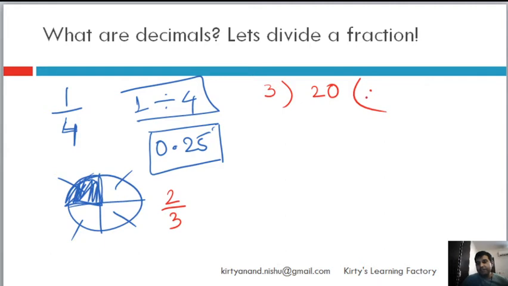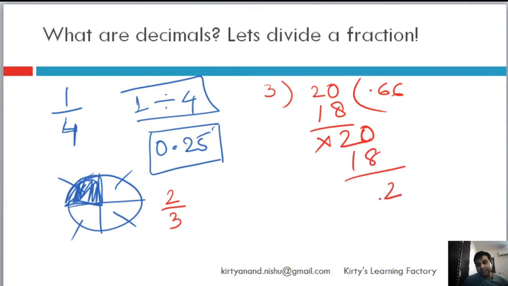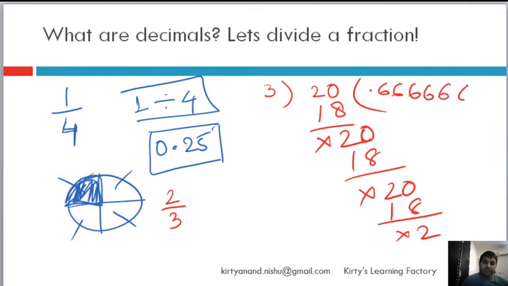But now whatever we divide, we will put it on the other side of the decimal, right? We will not put it here, so it will not take the tens value. Whatever we put, it will be smaller than 1. So 6 3s are 18. It is 2. Again 0 comes. Again 6 3s are 18, 2. 0 will come. And you can continue to do that till infinity, and it will continue as 6666.